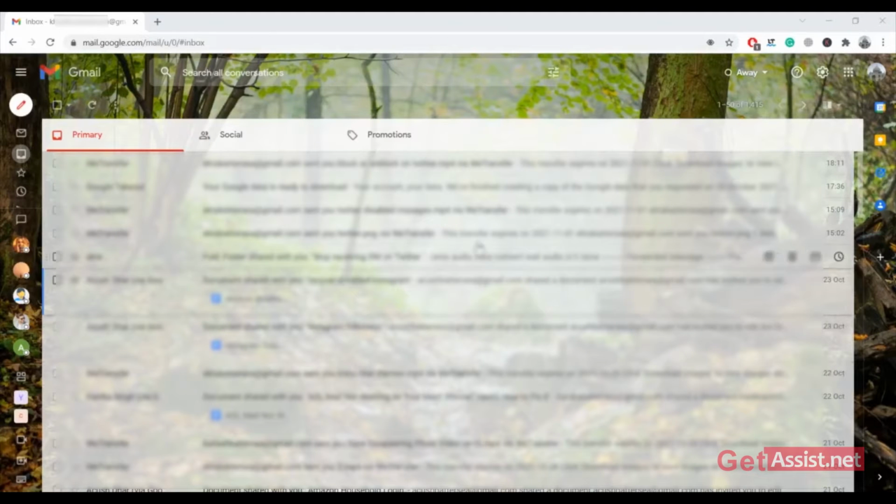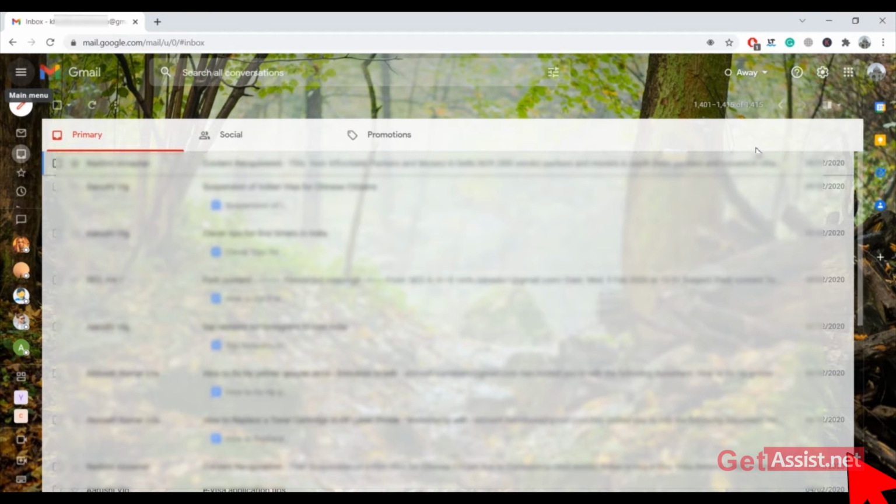Alright, the first option you have is to look for the welcome email from Google. Whenever you create a new Gmail account, you receive a welcome email from Google that can tell you the account creation date. For that, on the right side of the Gmail screen, you will see an email count that might display as 1 to 500 or something similar to it. You simply have to click on it and you will see the oldest option. You have to click on that.